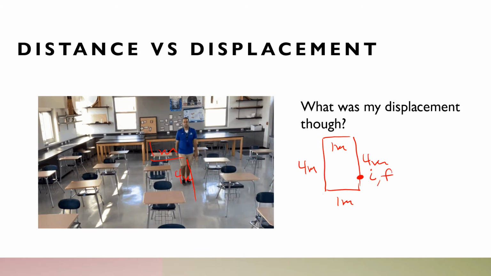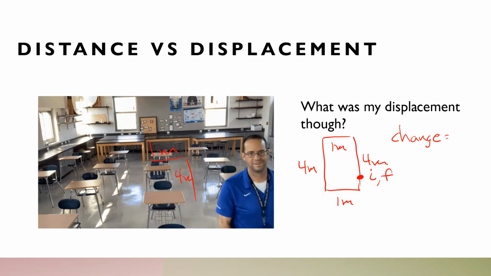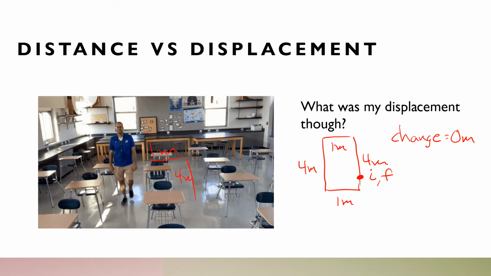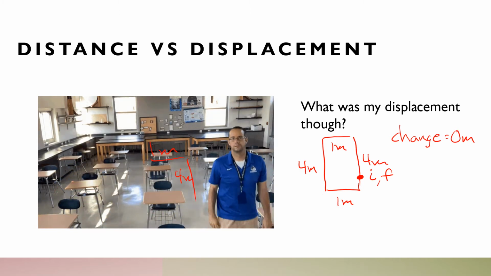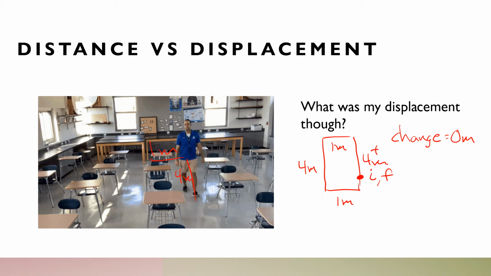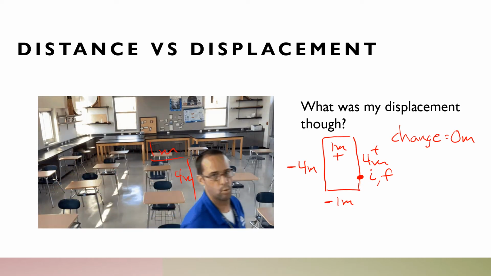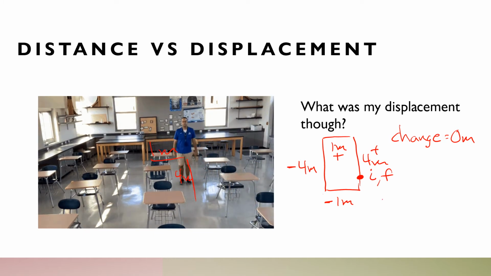So my displacement for this motion is actually 0 because I changed my position over the course of the entire motion by 0 meters. So I might have walked 10 meters, but I only displaced myself by 0 because think about it, what we've been doing with our videos, we have positive directions, we have negative directions, right? Maybe this 4 meters here is the positive direction. Maybe this 1 meter here is the positive direction. But here we have a -4, and that would mean that this would be a -1. So all of those measurements are going to end up canceling each other out,